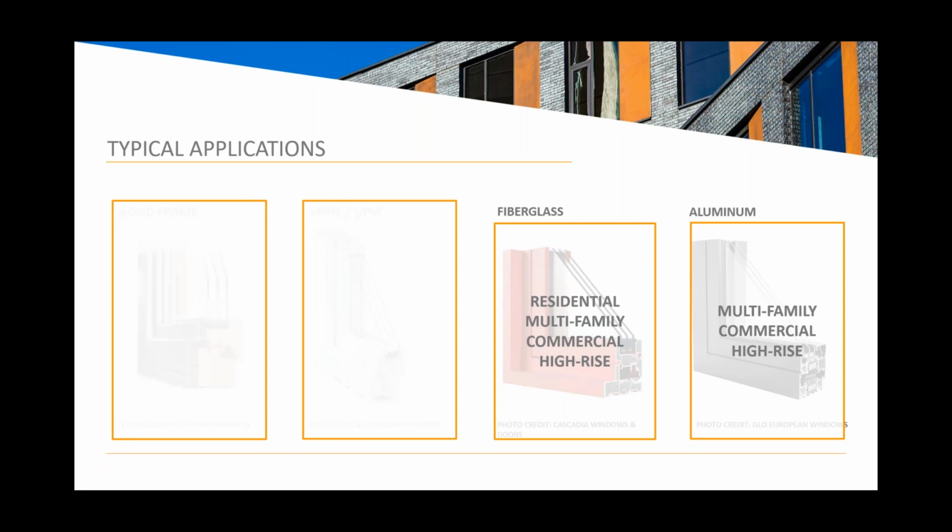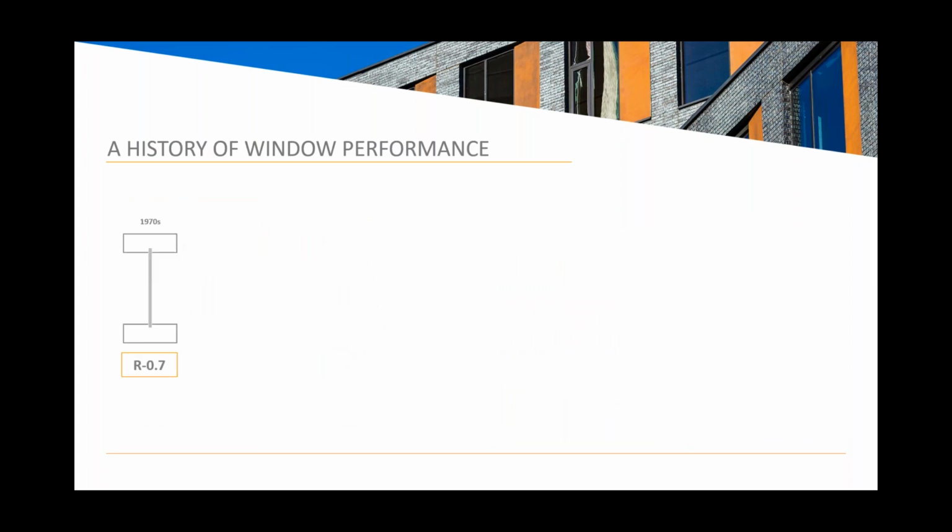So we'll go through a little bit of the history of window performance. In the 1970s, we had basically metal and glass, one layer that would give you an R-value of less than 1. And so then in the 1980s, 2 layers of glass were introduced and an insulative air layer between them, giving a over 50% performance improvement. But it also came with a cost premium of about the equivalent amount. So about 57% more for that window delivering an R1.1 than the previous technology that was delivering R0.7.